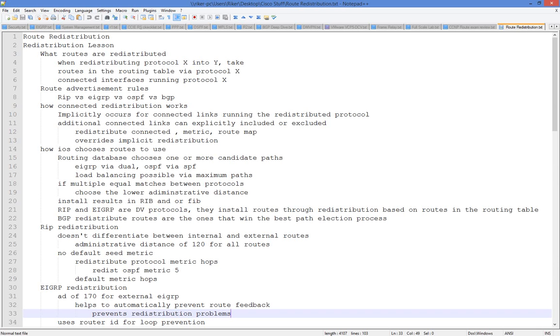Maybe you can't, and being able to redistribute them through OSPF is the only way to do that. We'll take a look at that as we go along. So the thing with RIP redistribution is it doesn't differentiate between internal and external routes. So it's an administrative distance of 120 for all routes. There's no seed metric by default, so you have to specify the metric and hop counts, because that's all RIP